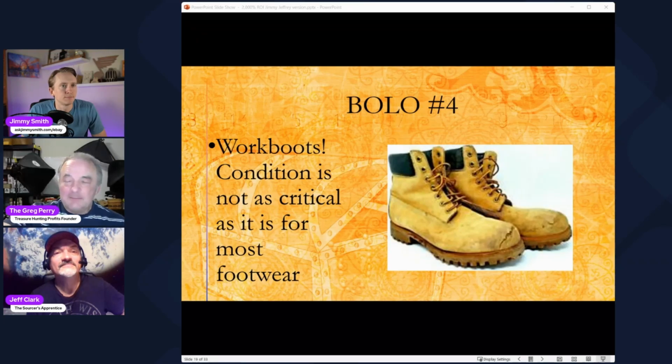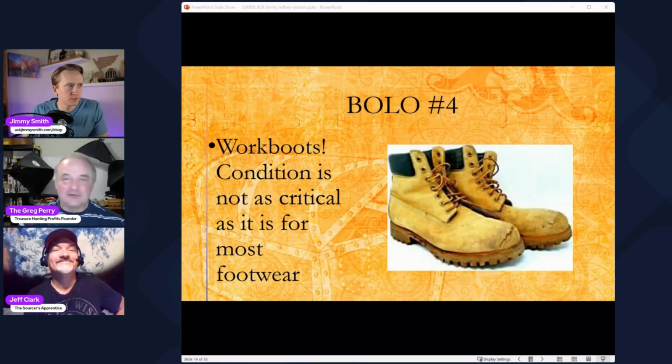And by stopping 1 minute and loading those golf clubs and these old work boots, that got me almost $40. That's almost $120 I made just by driving by on these free items, because from Treasure Hunting Profits, I knew that work boots, give me that steel toe and I want them. I don't care how they look.